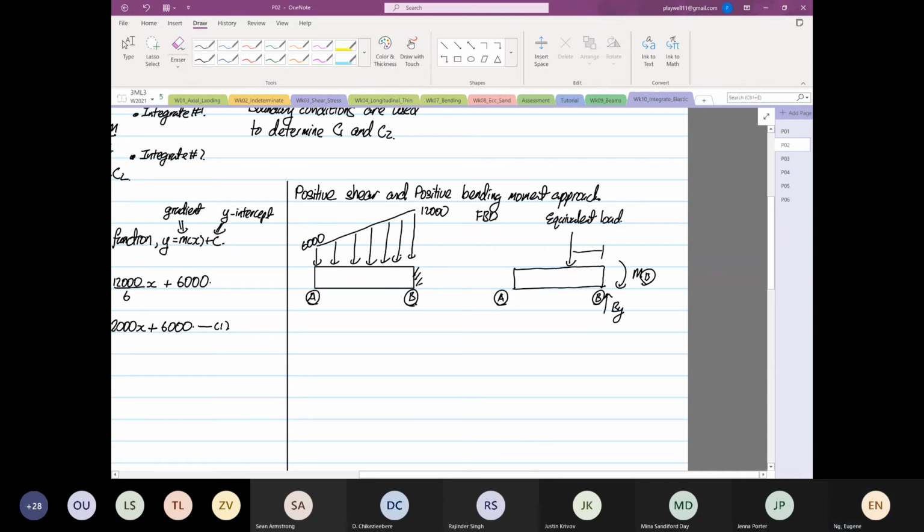Can anyone tell me what is this distance? Anyone? Can you not just assume that load to be unevenly distributed with a gradient load? No, the function will not be the same. You can still solve the problem. If you just want to solve the problem, yes, but you cannot